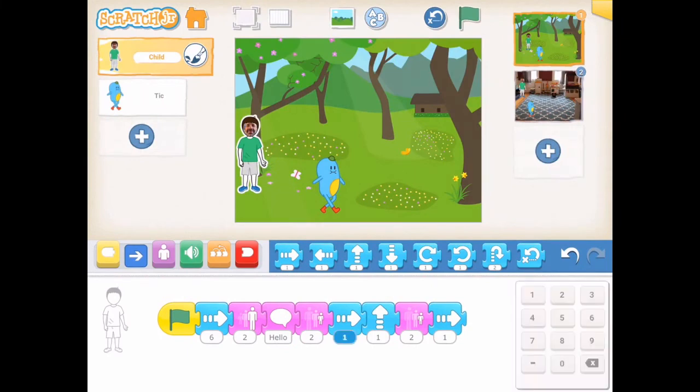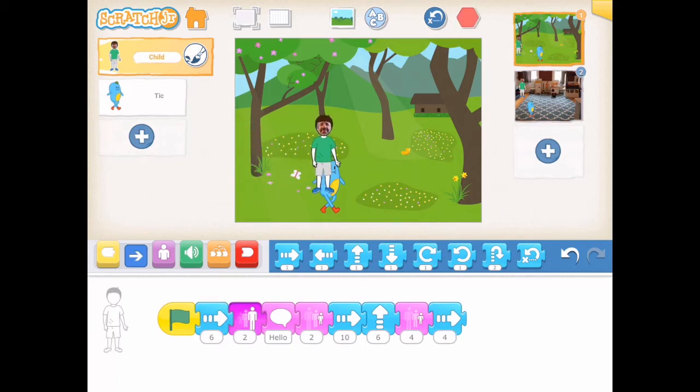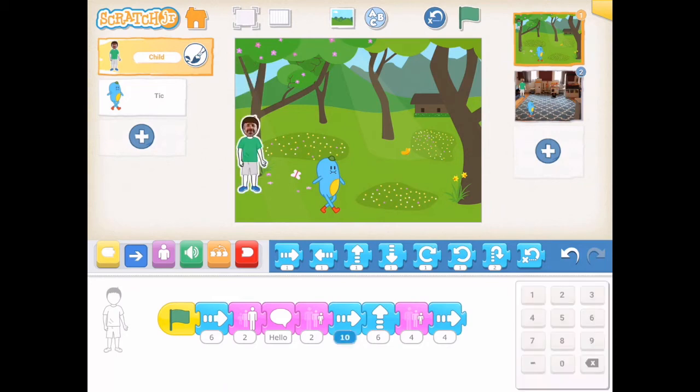And then at any point again, I can tap on the green flag to run this again and see if the timing and the distances that I selected for the various movement blocks are going to be accurate and tell the story that I'd like to in the program. So I'll hit the green button one more time and let this run and see how it plays out. So you can see the alignment wasn't quite right. So I'll tap on the blue back to start button,